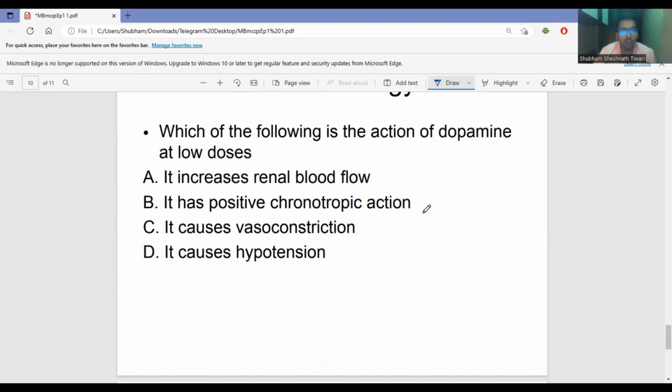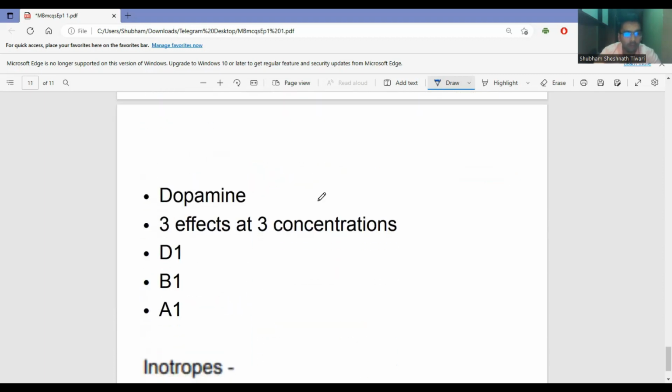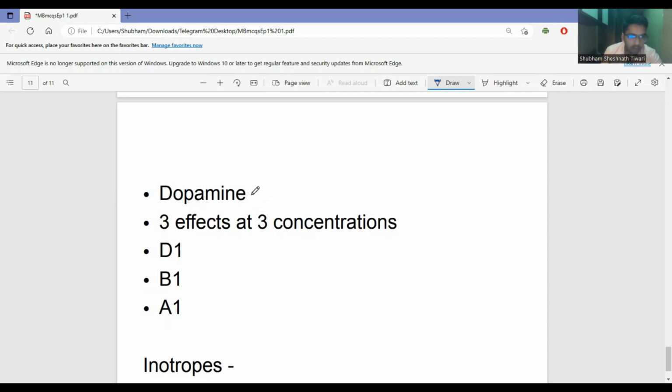Now let's move on to the last question, which is pretty straightforward, pretty basic, and I'm sure a lot of you would not make a mistake in this one. So this question is from pharmacology. Which of the following is the action of dopamine at low doses? So low doses, this is a very key word here. The options go as: it increases renal blood flow, it has positive chronotropic action, it causes vasoconstriction, and it causes hypotension. So, as we all know, dopamine is a natural catecholamine,